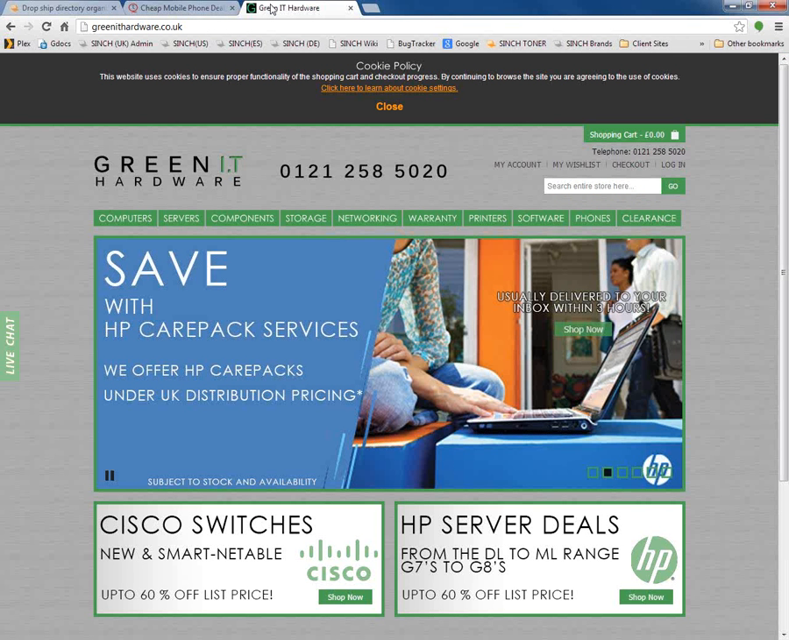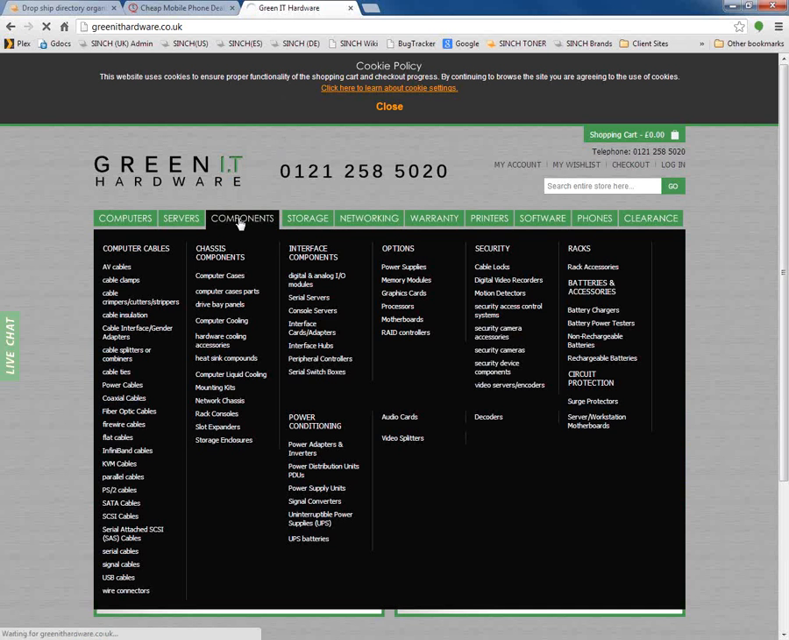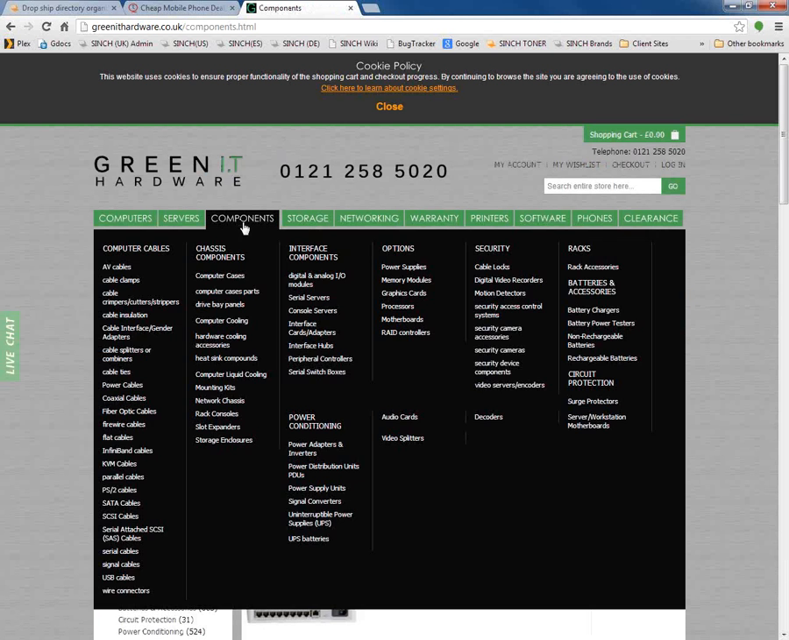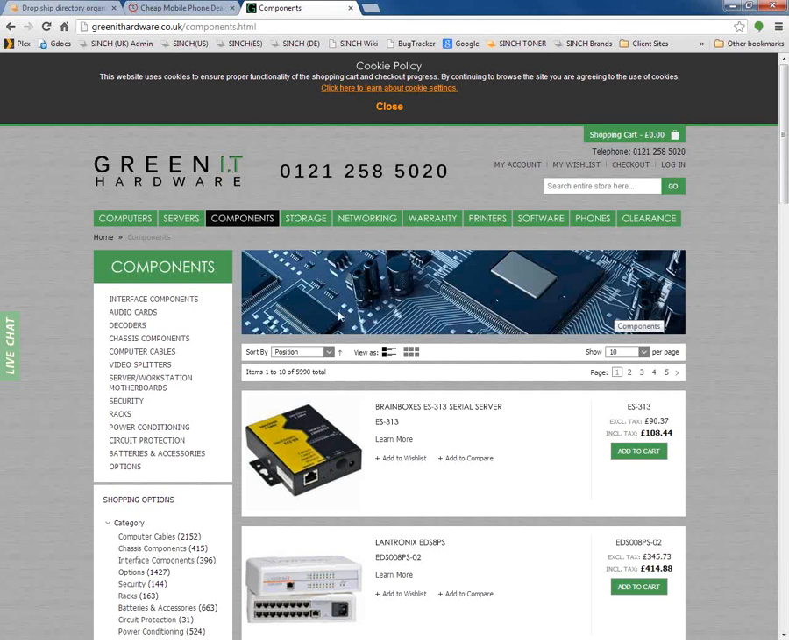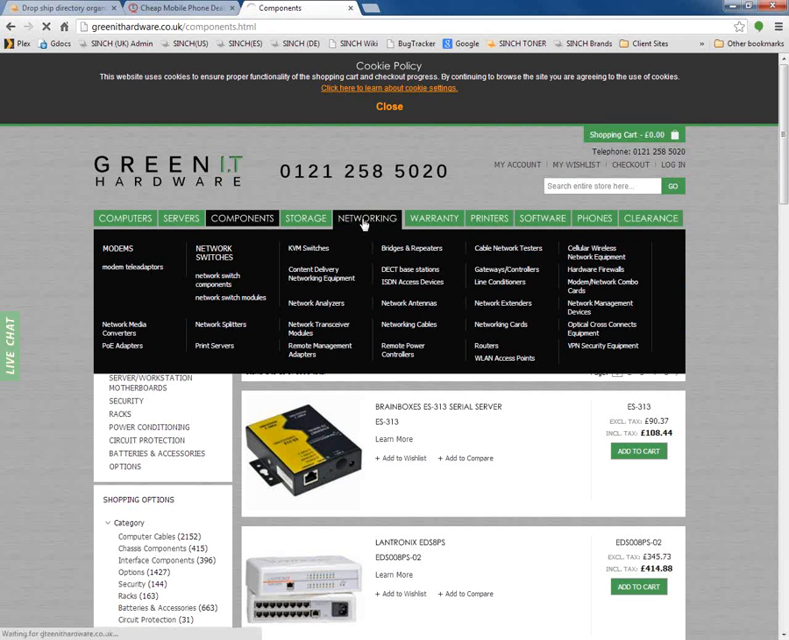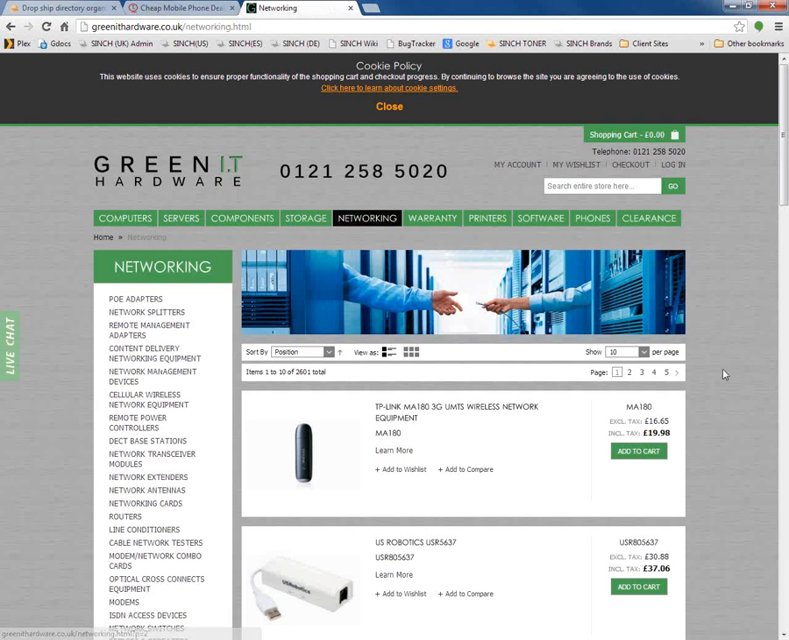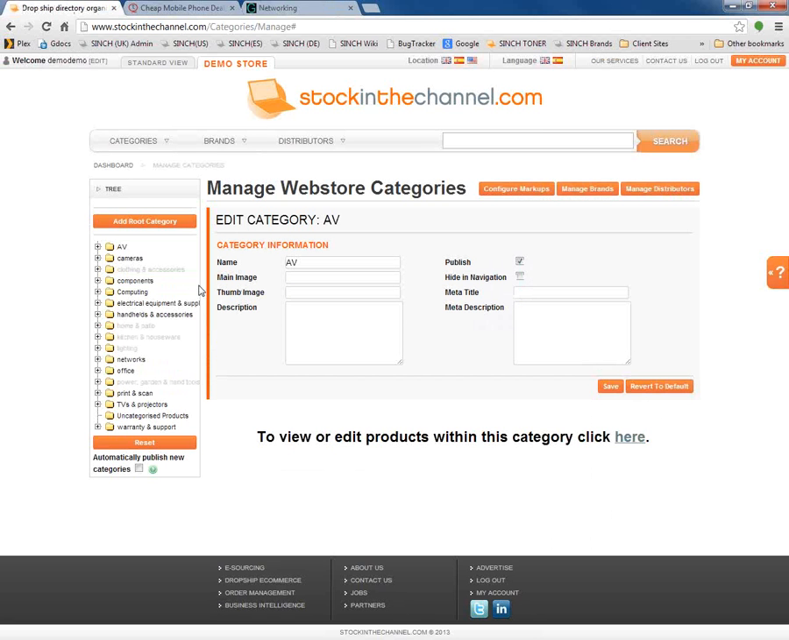I pick on this site in particular because they've done something quite nice with the category management. If we just click on one of the top level categories here, we have components, and this image is an image that they have themselves. If we click on networks, they have another image. What they have done is they have supplied the address for the image